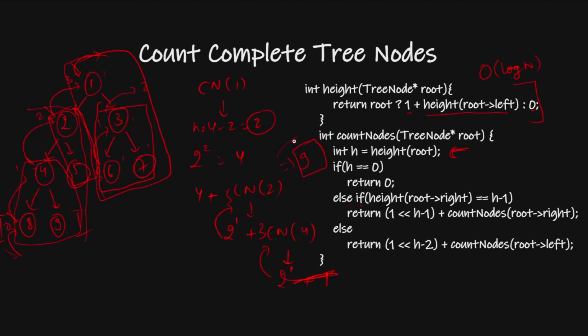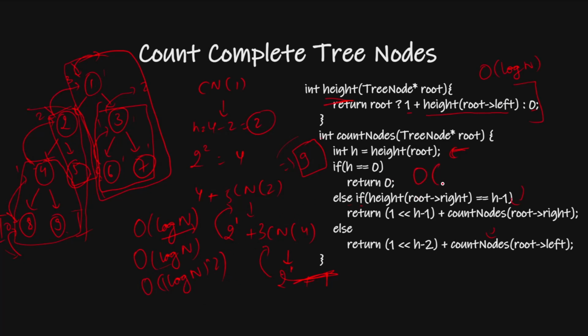Now let's understand the analysis of time and space complexity. What will be the time complexity of calculating this height? I have already explained, it will be log of n. And what will be the time complexity of this function? If you see, either we go to right or we go to left. We do not go to both of these. So I can say this is also log of n. And for log of n time, we will calculate height. So our overall time complexity will be log of n square.